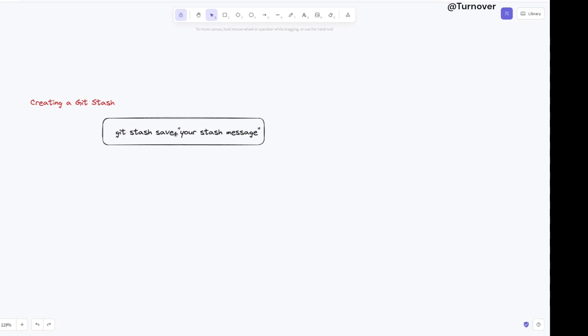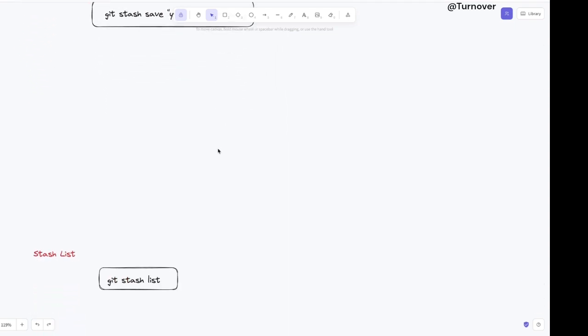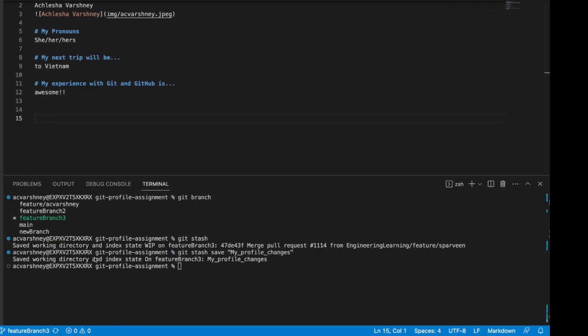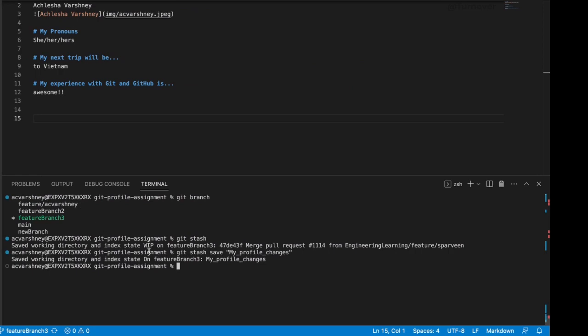Git stash save, you can write. If you want to save by giving a particular specific message, then you just write git stash save and give your message, whatever it is. Okay, so let's see. Now you just saw that we have saved two changes, but how will I come to